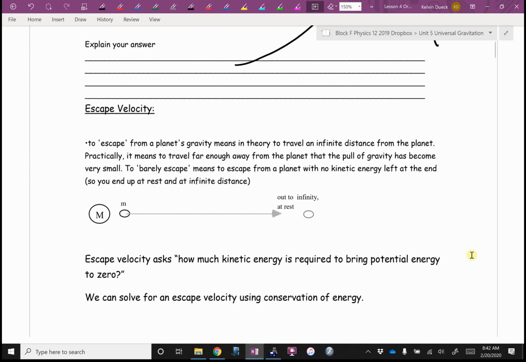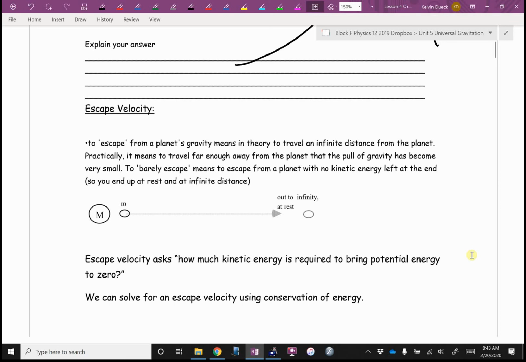What is escape velocity? Escape velocity imagines that you fire your rockets to hit full speed and then you shut your engine off and coast the rest of the way. If we ignore air resistance, how fast do you need to hit before you can shut your engines off, coast, and get away from the planet? Escape the planet's gravitational field. In fact, we want to do even more specific than that. So if my desk is the planet and this tennis ball is the rocket, what we want to do is hit full speed right away, boom,